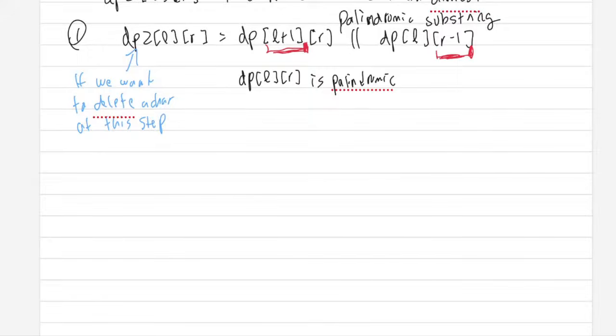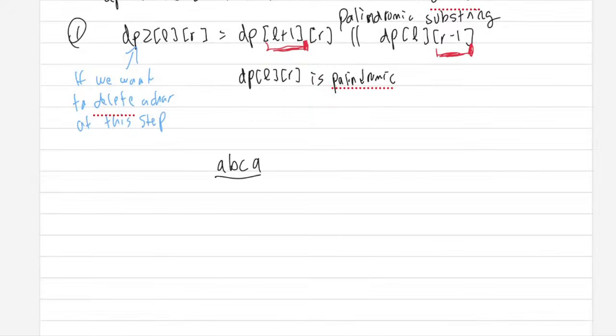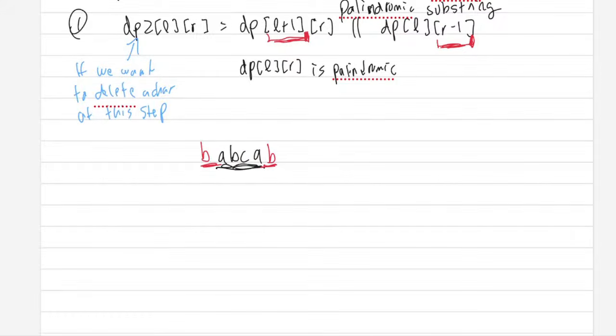So let's say, I don't know, ABCA, right? This is an almost palindromic substring, right? If we add any two of the same letters in the front and back, then this will still be an almost palindromic substring, right? And so our other case will be dp2 L and R equals dp2 L plus 1